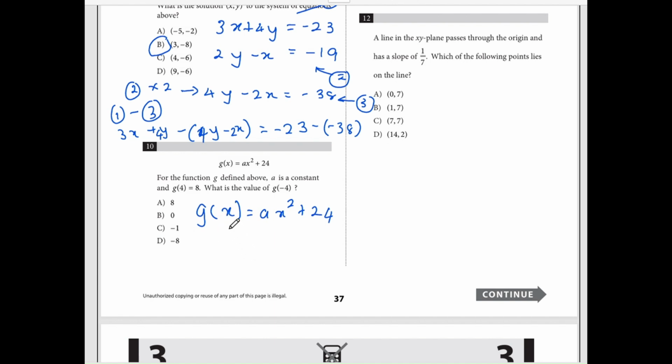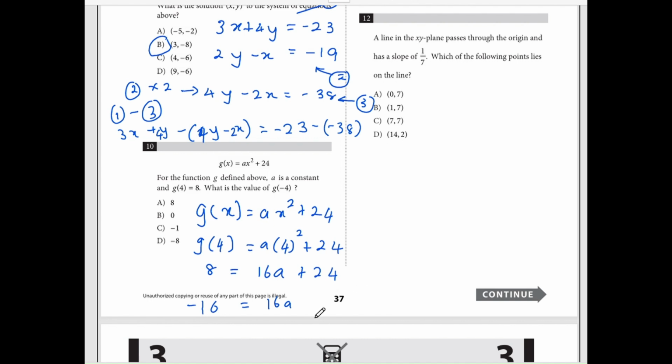We can use this to find the value of a, and after that we can substitute it here. g(4) equals a times 4 to the power 2 plus 24. Here g(4) is 8, and here it is 16a plus 24, and 16a equals minus 16,